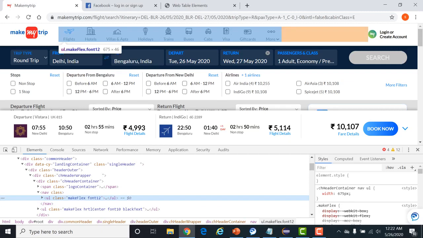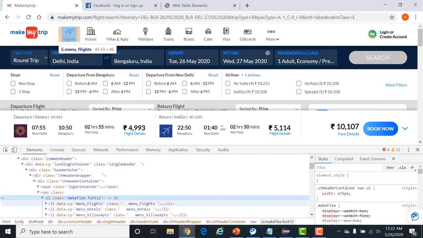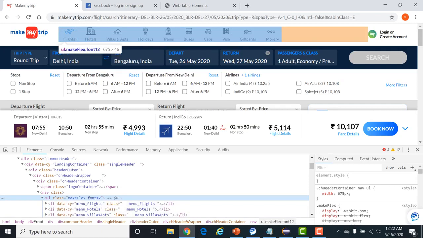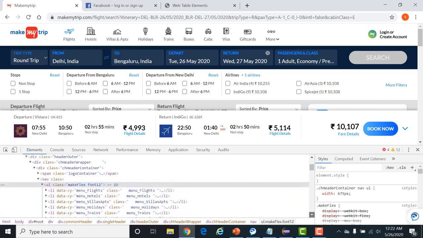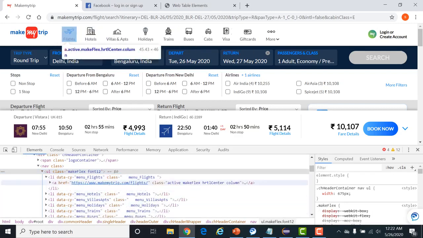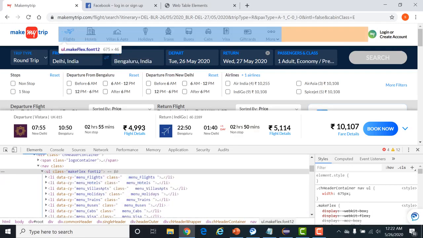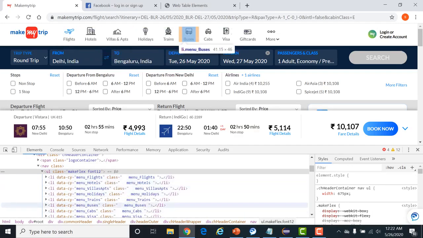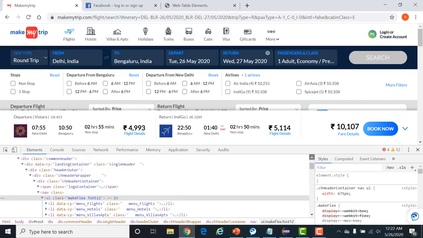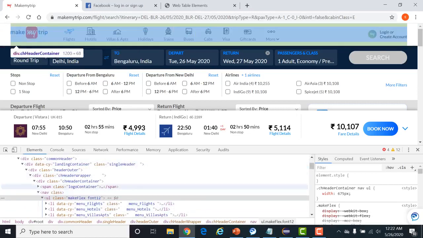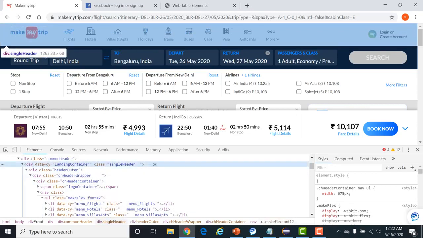Okay, what it is saying. Okay, this is the UL tag. Inside that there are some li nodes available, and inside that the a tag is available. Means these all li tags are the siblings, and the parent node is this UL, for which this is the ancestor, right?